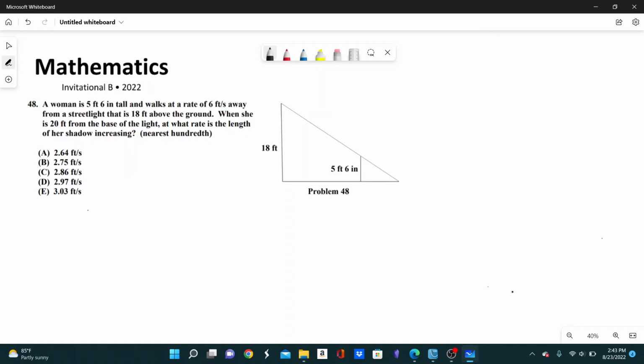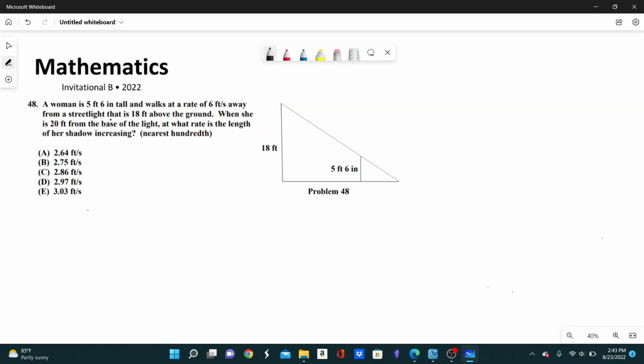Number 48. A woman is 5 foot 6 inches tall and walks at a rate of 6 feet per second away from a streetlight that is 18 feet above the ground. When she is 20 feet from the base of the light, at what rate is the length of her shadow increasing? So, first thing I'm going to do is, I see our answers are in feet per second, and this